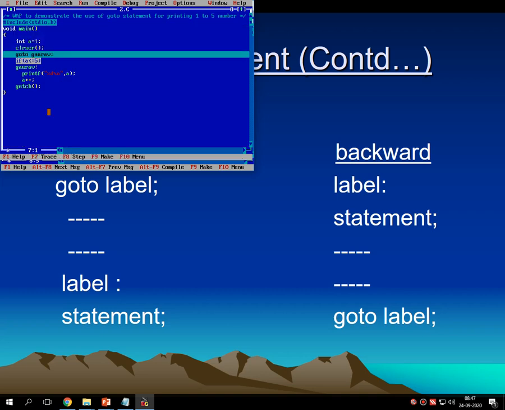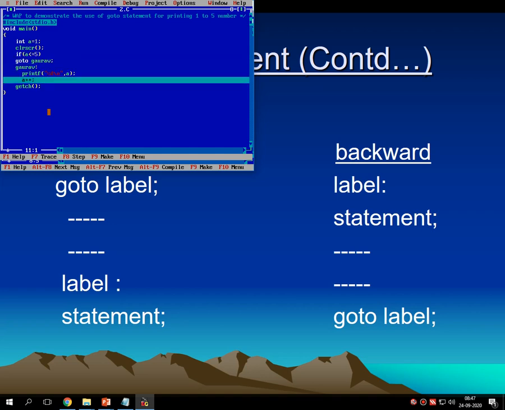I have to check the first condition, so let me remove it from here. And if a is less than or equal to 5, this is the perfect one because I have to check first. Then the program terminates. Why does it terminate?